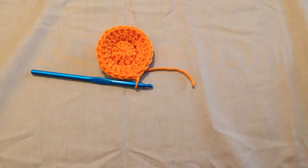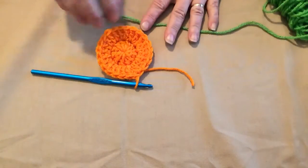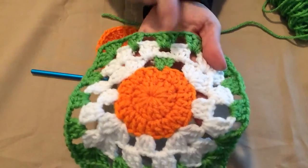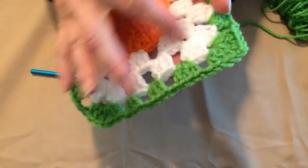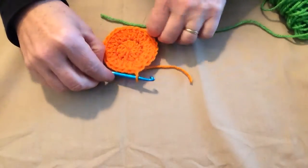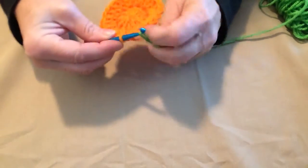And we're going to be joining our green yarn. This is the portion that I get a lot of questions about because we're going to be forming this little stem, and then we'll be switching back to a different color. We're going to be stitching ours in brown around here today. So I've got my brown ready, and we're going to join our green yarn,